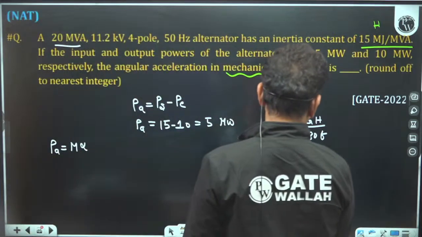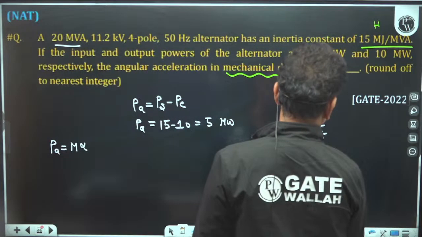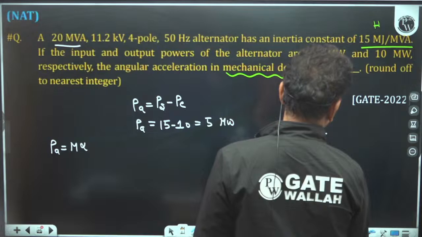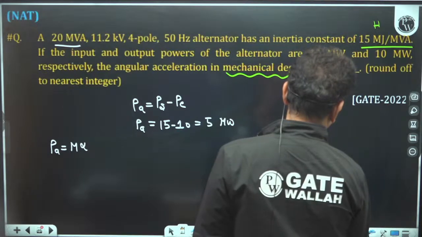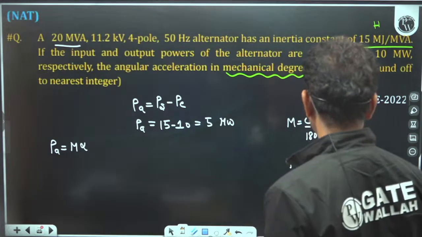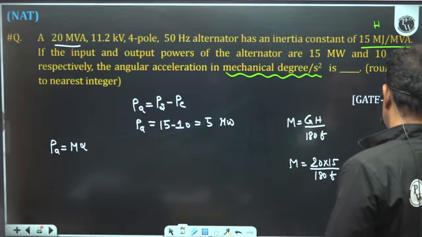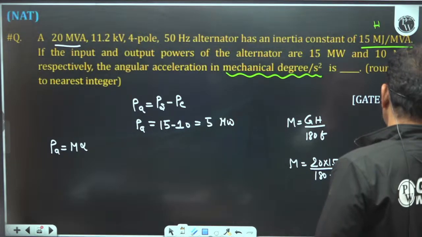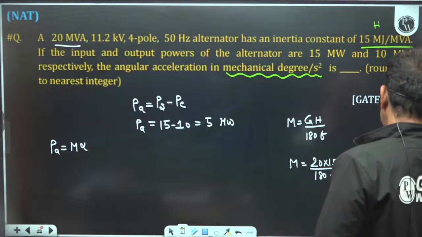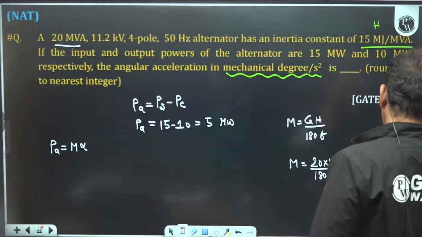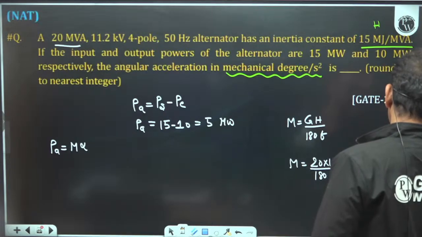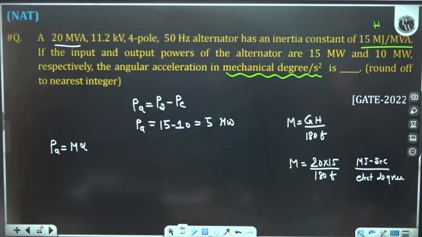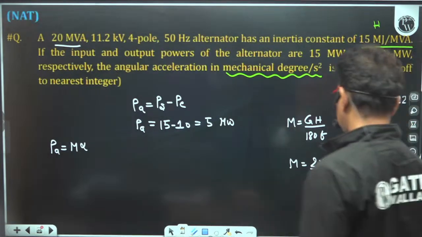So G is 20, H is 15, 1 into f. Megajoule second divided by electrical degree. This is in terms of electrical degree, always remember, not mechanical degree. So 300 divided by 180